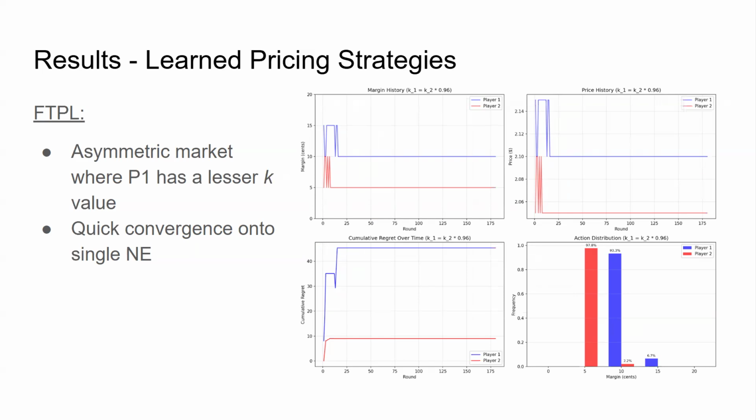in the previous asymmetrical game, P1 had a K value which is the same as P2's K value, except it's 4% higher. Whereas in this game, it is 4% lower. The actual value is 26 versus 25 for the previous asymmetric game, and then 24 versus 25 for this asymmetric game. So as I said, this is a more complex game,